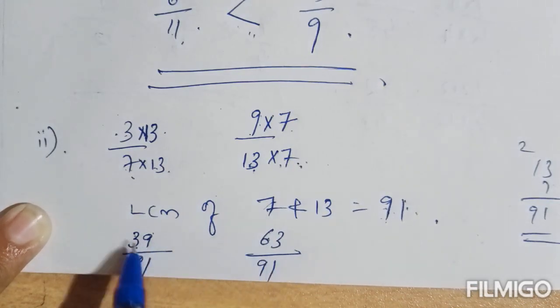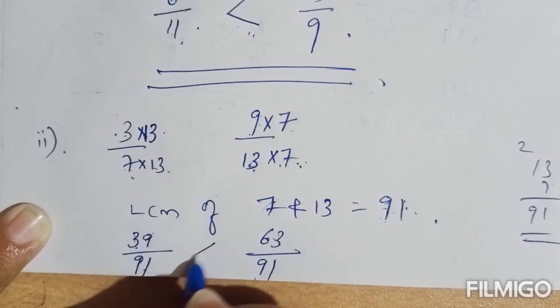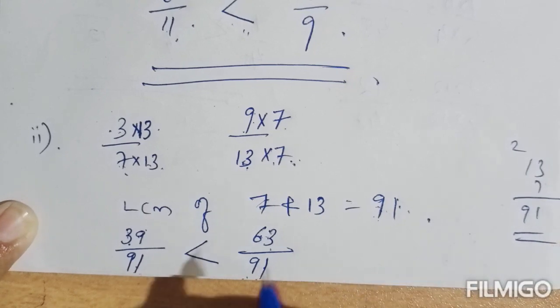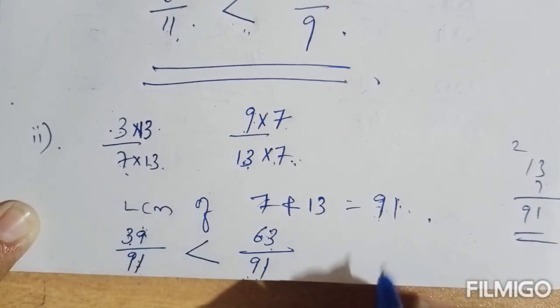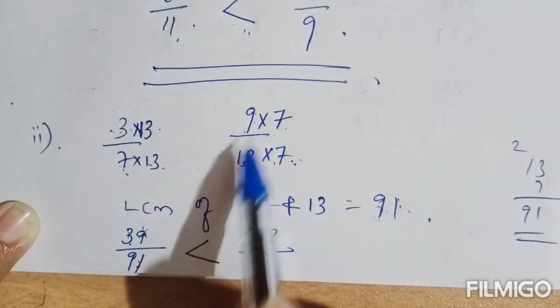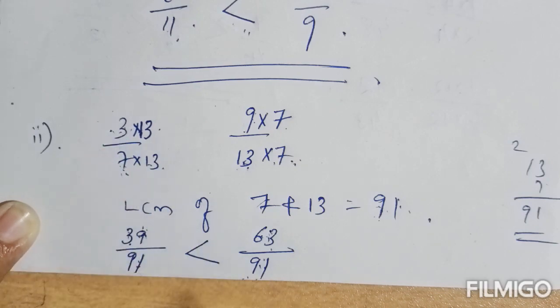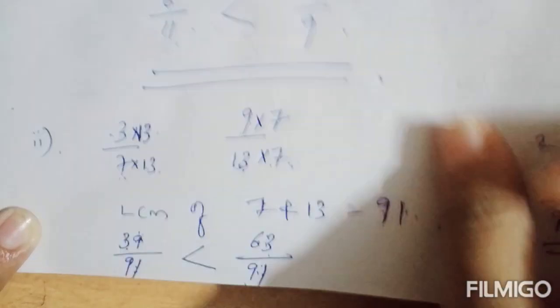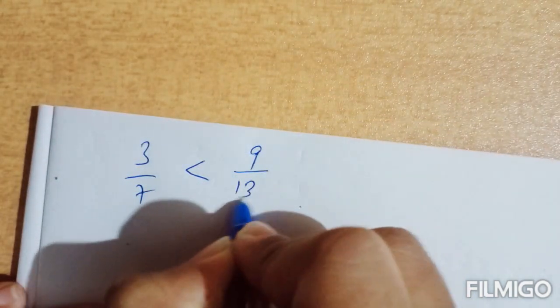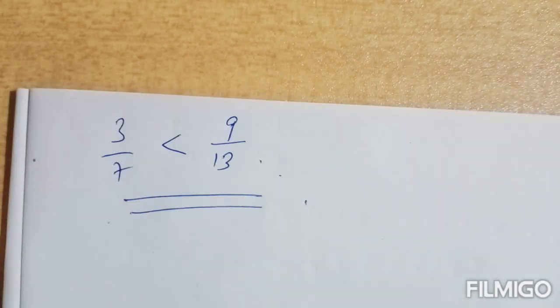Now you can compare their numerator. Denominators are same, that's why. So 39, 63, clearly 63 by 91 is the greater fraction. Okay, now resubstituting their original fractions. In place of 39 by 91 you can write 3/7. In place of 63 by 91, 9/13. So 3/7 is less than 9/13. Okay, 3 by 7 less than 9 by 13. So in the second blank also less than will come. Do the third one and fourth one as homework.